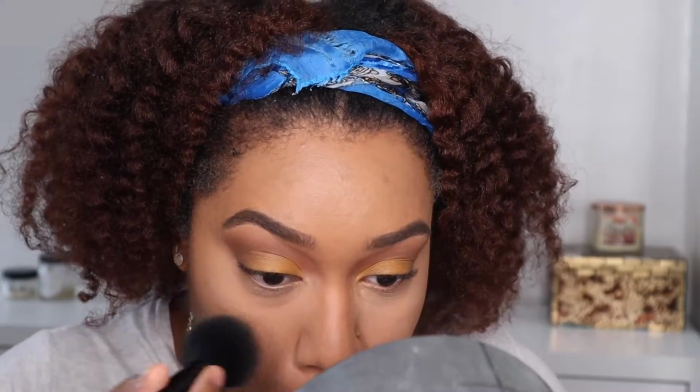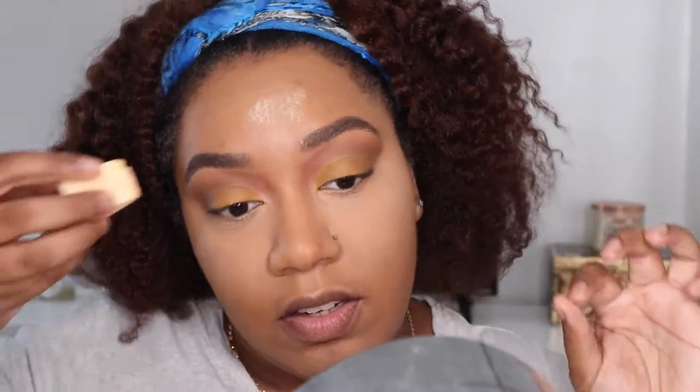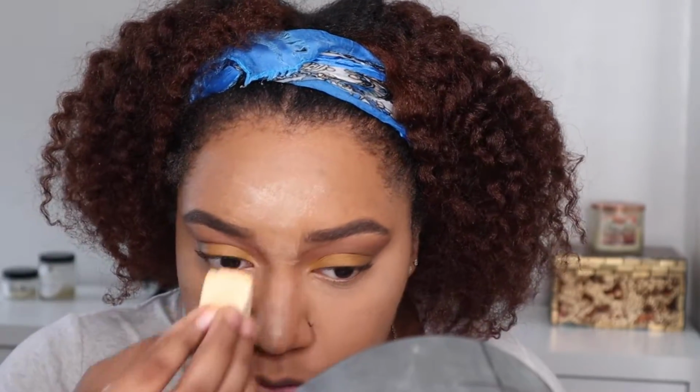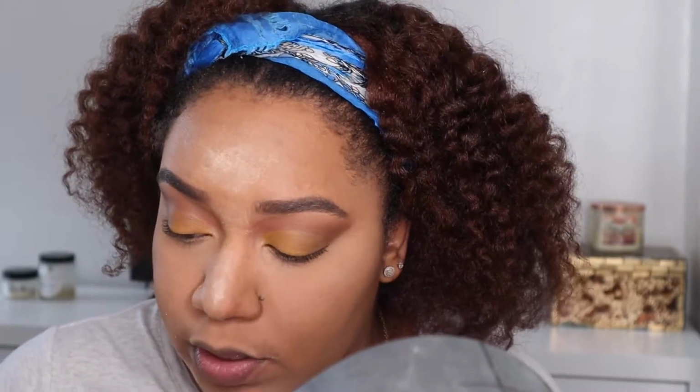Oh yeah, this is too much. I overdid it, so I'm gonna go ahead and, yeah, I feel like this powder, look at that. That looks really bad. Okay. I'm gonna go ahead and set my face after this because I need moisture because it's really, really dry. I'm not used to it as yet, so sometimes I go overboard with the powder. But I'm gonna go ahead and dust this off really quickly